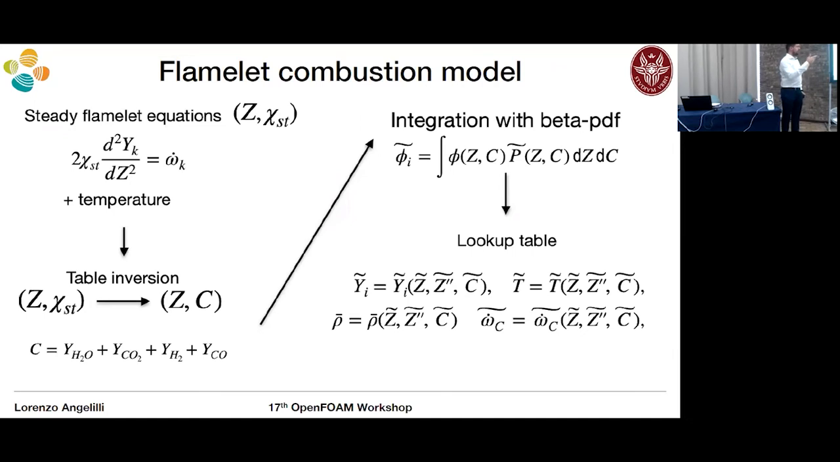So this is a better approach. And then, if you want to include the effect of the turbulence in the table, we assume a beta PDF for the mixing, and we apply the convolution with the beta PDF. Basically, we introduce a third variable, which is the variance of the mixture fraction, and we can build these lookup tables where we are going to read all the species mass fractions and the temperature, which are only observables